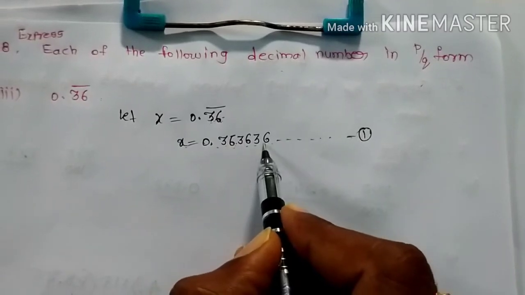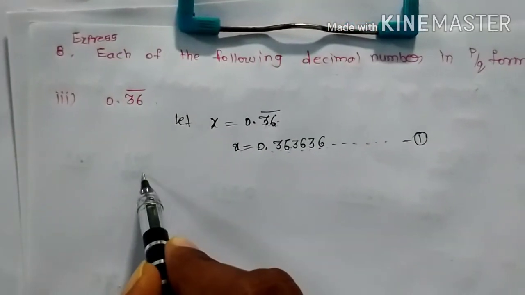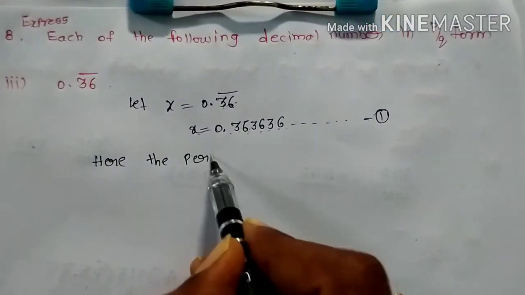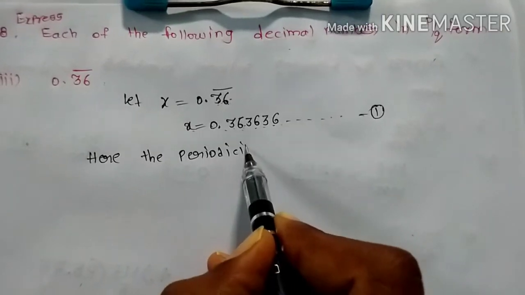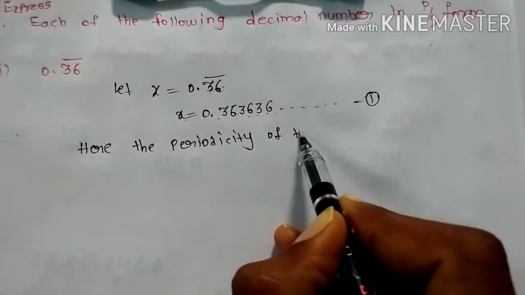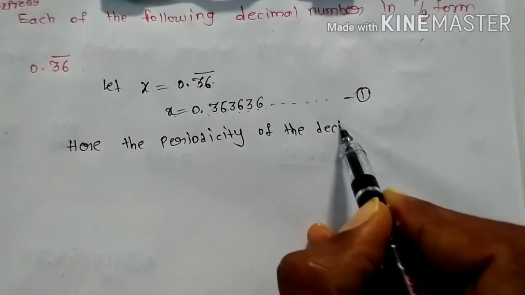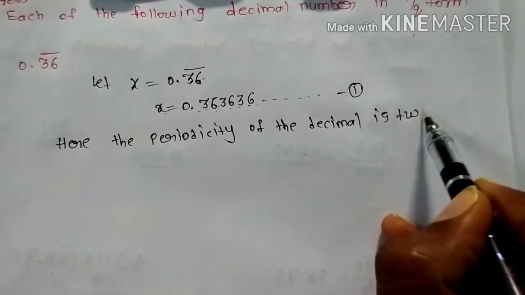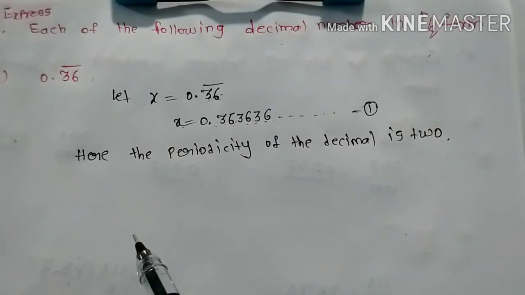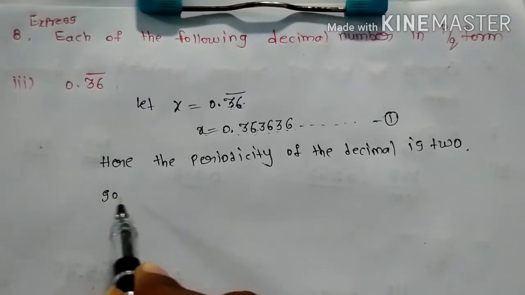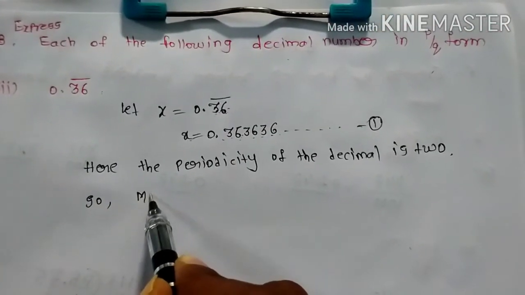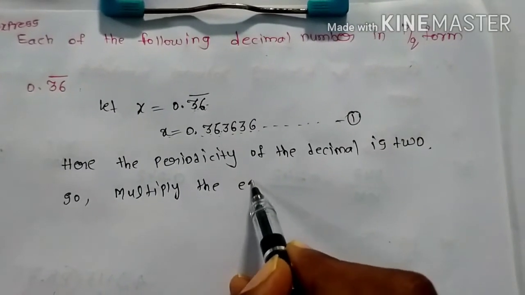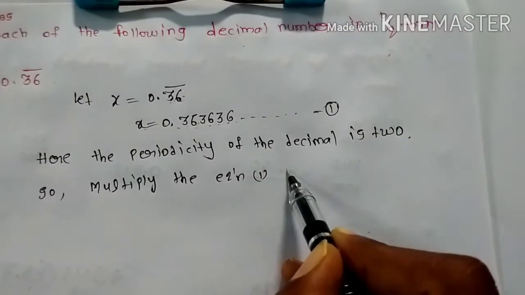See how many digits are repeated. 2 digits. So you can write here the periodicity of the decimal is 2. Here the periodicity of the decimal is 2. So multiply the equation 1 with